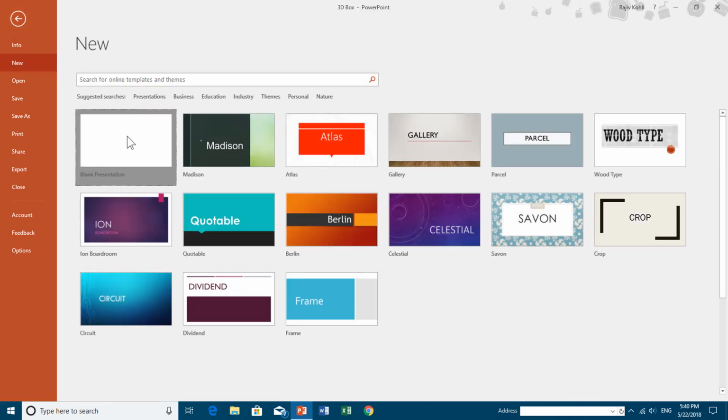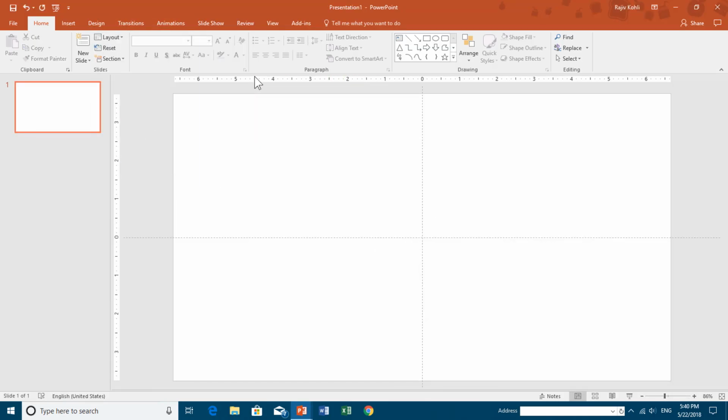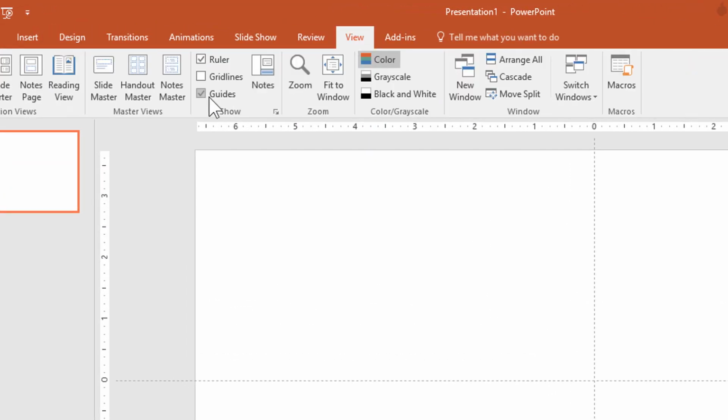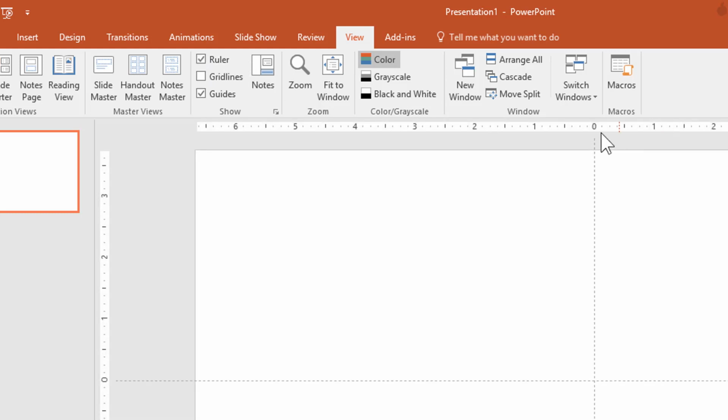Click on File, New, Blank Presentation. So here on this slide, go to the layout, choose blank, and what I am going to tell you is that from the View tab, you can turn on the guides, and when you turn on the guides for the first time, you will see 2 lines, one vertical and one horizontal, in the middle and the center of the slide. As you can see in the ruler, you can turn on the ruler from the View tab as well. You can see that this vertical guide is exactly pointed to 0, and the same is with the horizontal line.